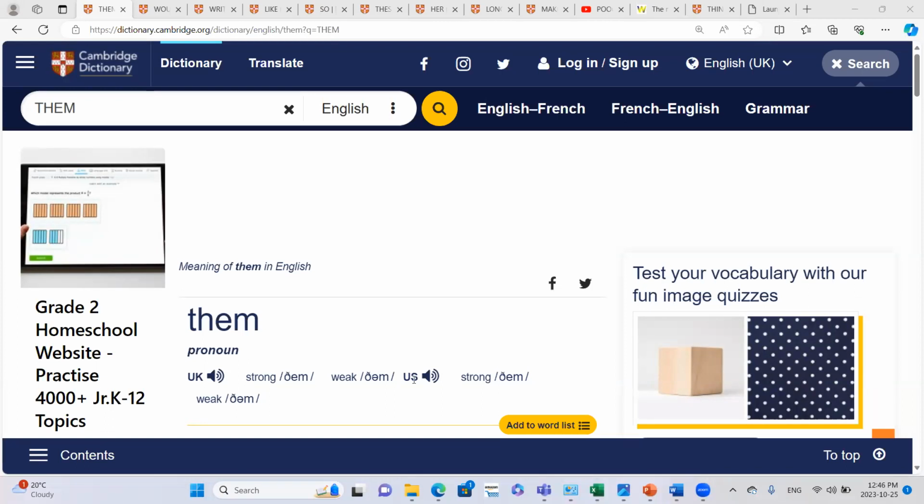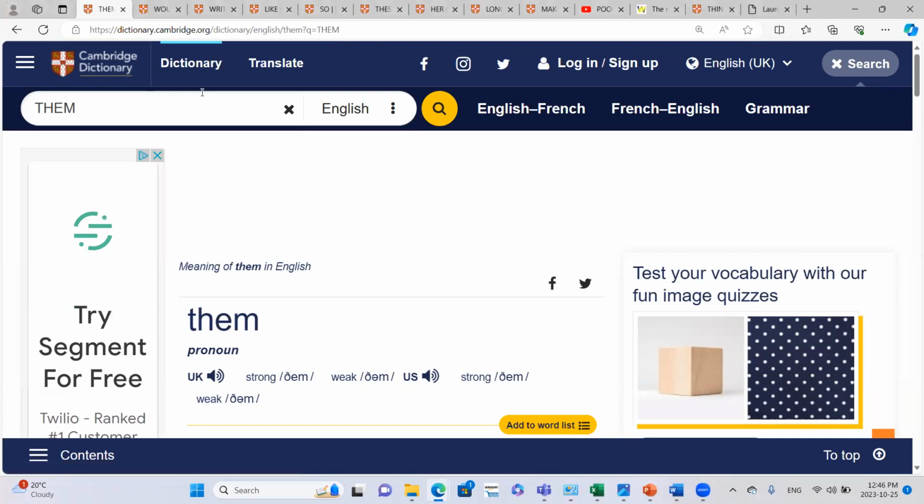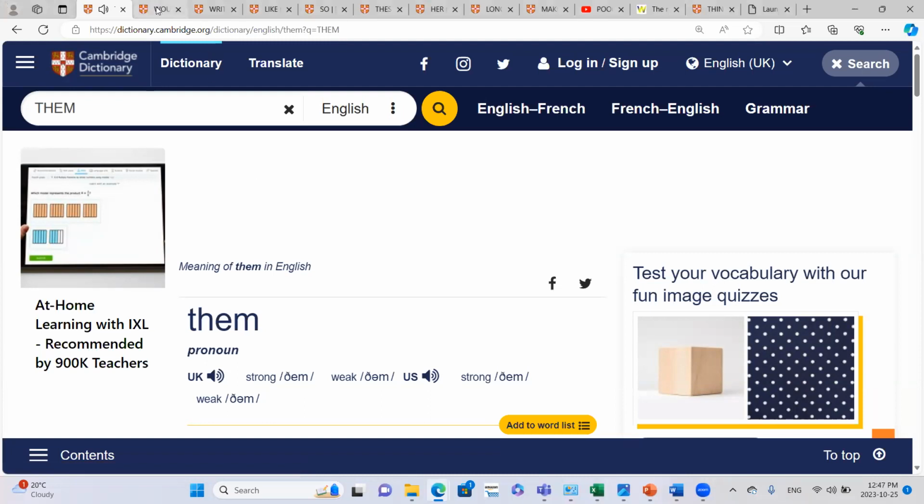The first word is them. Them. As you can see, I've typed the word in the search box of online Cambridge Dictionary and it gives me American and British English pronunciation. As you know, in this series, we are focusing on American pronunciation. Them,